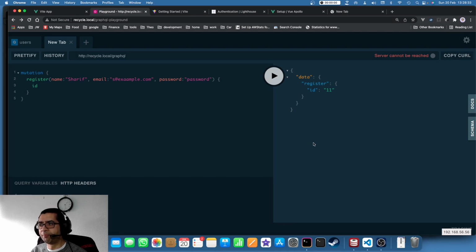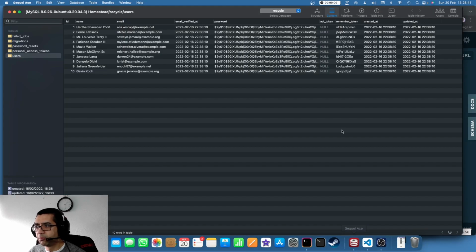Okay, so look at that. We have ID equals 11, and all we asked for was the ID field. That's the only reason why we're only seeing the ID. But if we go into the database, there we go. ID 11, Sharif, s dot at